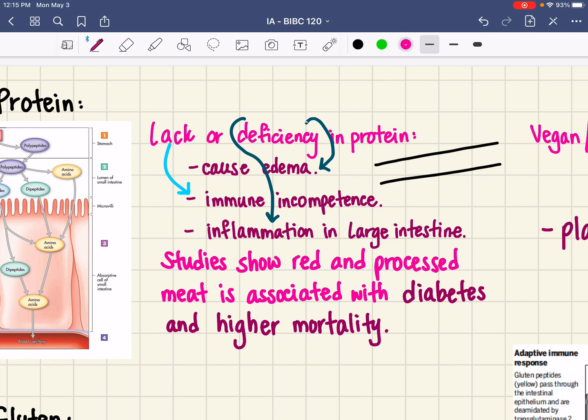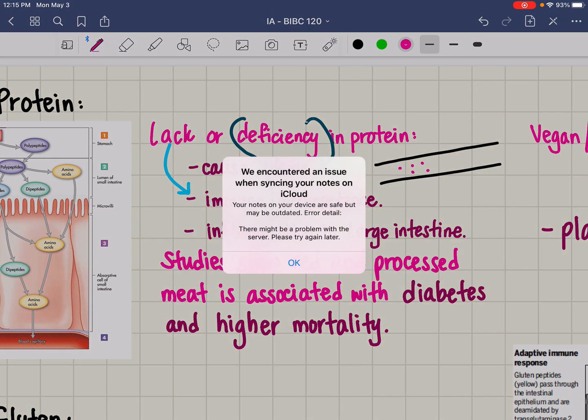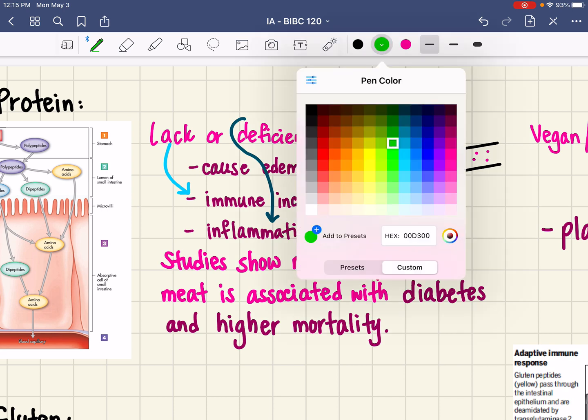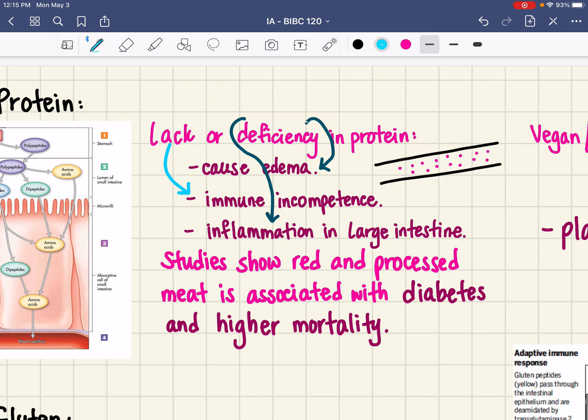inside of the blood vessel, we have, let's say, many proteins, right? Let's say this individual is not deficient in protein. Now, if this individual isn't deficient in protein, then the protein in their blood vessel allows for water to come inside the blood vessel, because water follows solute. And because of this, now there's a lot of water in the blood vessel, the blood pressure is high, and everything's great, right? Everything's normal.